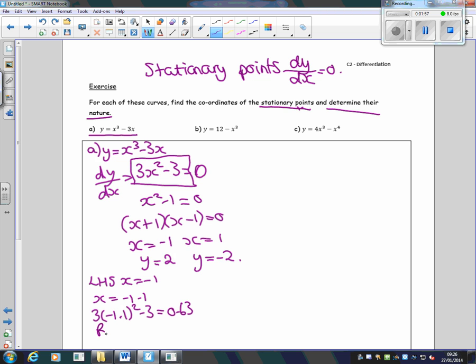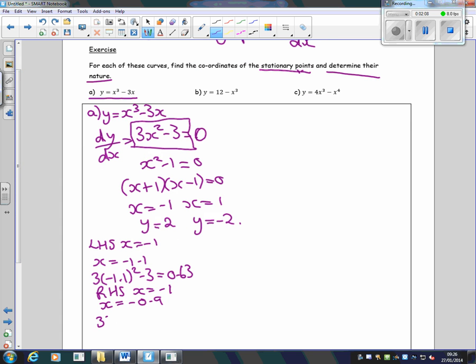Now looking at the right-hand side of x equals minus 1, which is x equals minus 0.9, that would be 3 lots of minus 0.9 squared minus 3, which gives us a gradient of minus 0.57. Because we go from a positive gradient to a negative gradient,